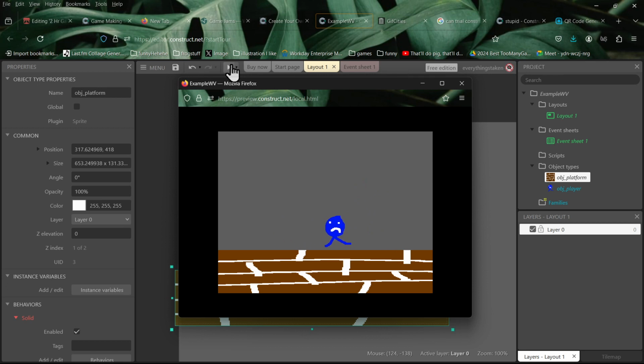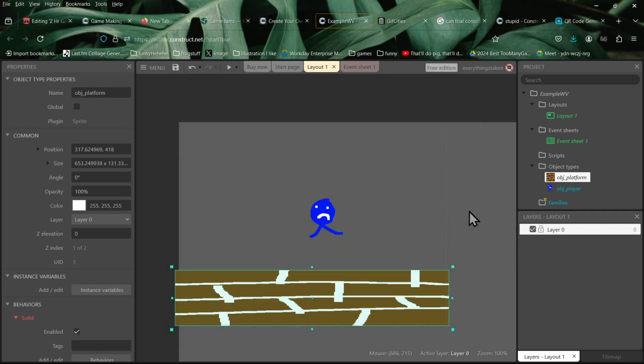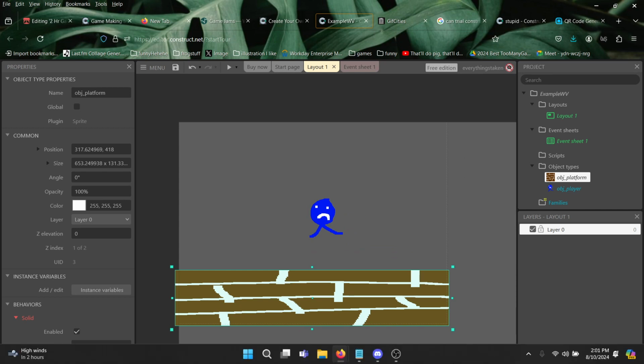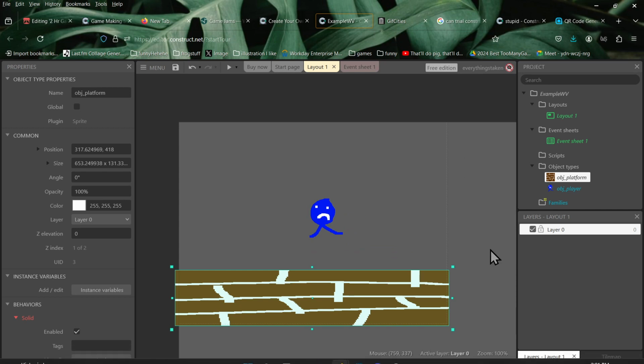This character, if you press up, it jumps. If you press left and right, it moves left and right. So this is like the most basic kind of thing that you could ever make, right? But let's see if we can do maybe a couple slightly more complicated things, and then we'll start the game jam.